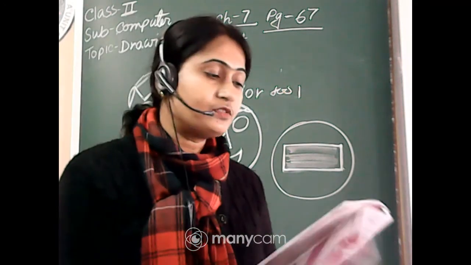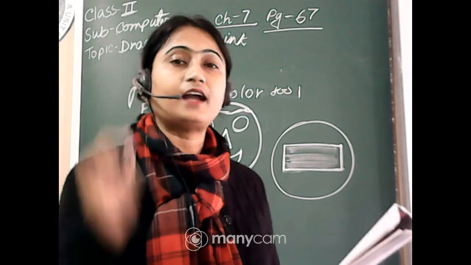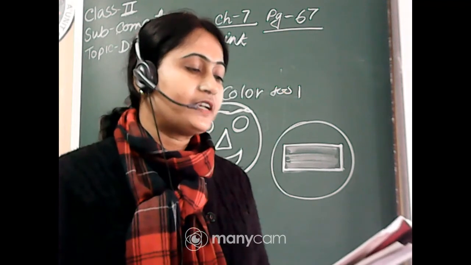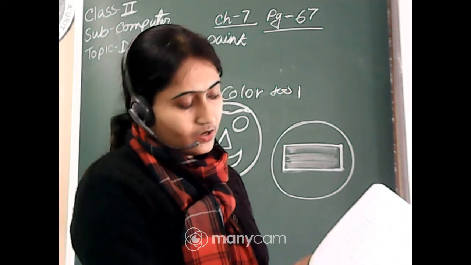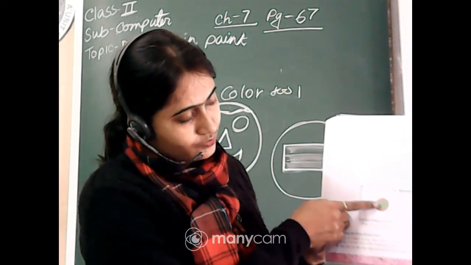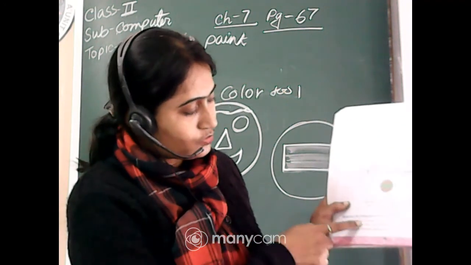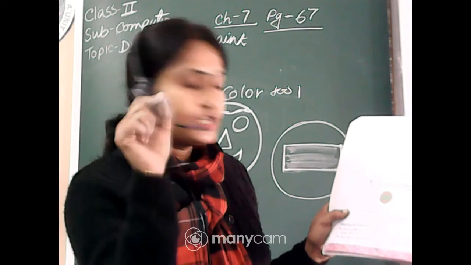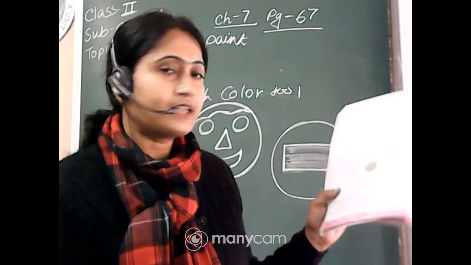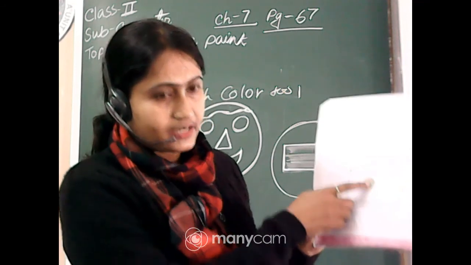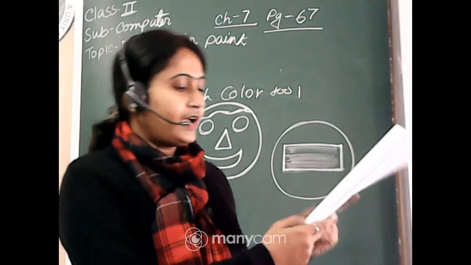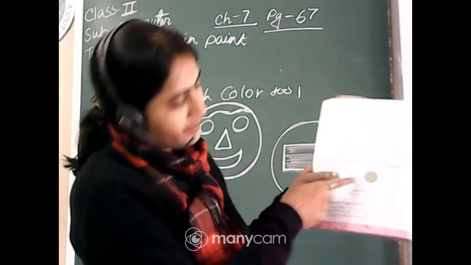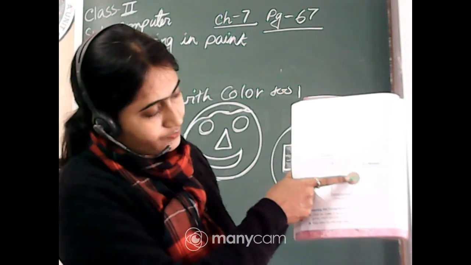Color 1 for the foreground, and for the background color, select the color 2 button. Click the color 2 button, and now click on the red color, and then the background is red and the foreground is green. So for the foreground you have to click on the color 1 button, choose the color, and the fill with color tool, green color. Suppose you want to make the rectangle green, then choose the green color and then the fill with color tool, and then you can see this color will be green. And now the background is red. This is the background red and the foreground is green.